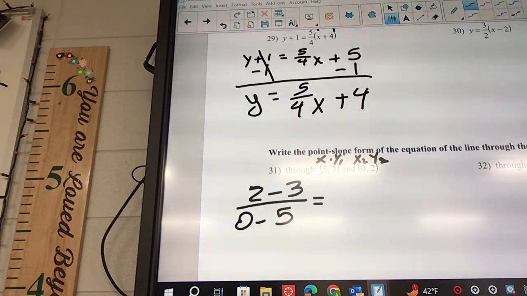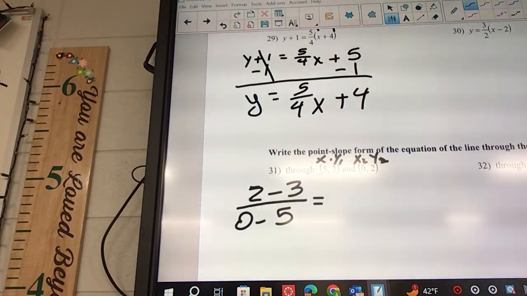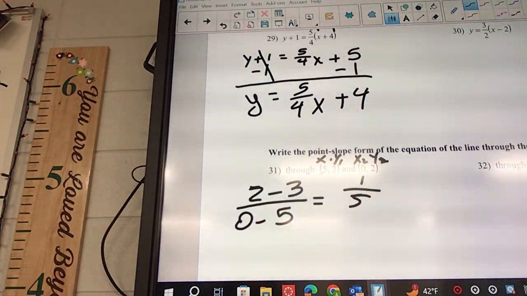Okay, and when you type that in, you should get 1/5, I think. 1/5, yeah. Okay, and that is our slope, okay? And so now that we found our 1/5, we can go ahead and plug it into point slope form, okay,